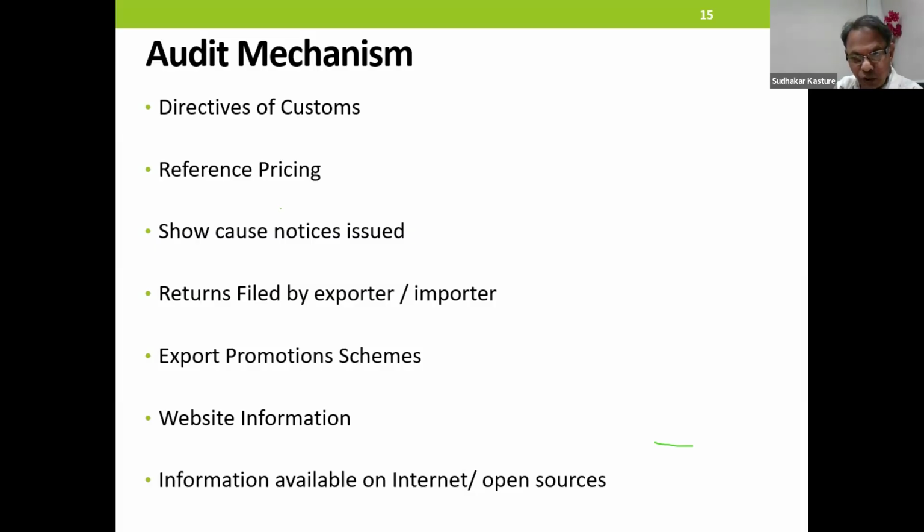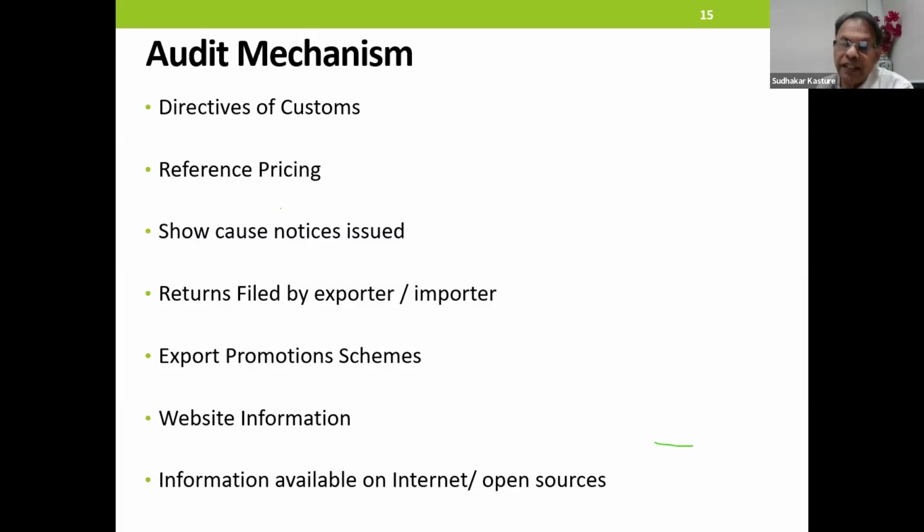Now, do I need to prove that I have not utilized it? Customs will not give you that option. Customs will say, let me check your GST returns. Now you show me your purchase value. Now you show me what quantities you have purchased. And if this doesn't match with the records that they have, you can be questioned. So returns filed by the importer exporter play a critical, important role.